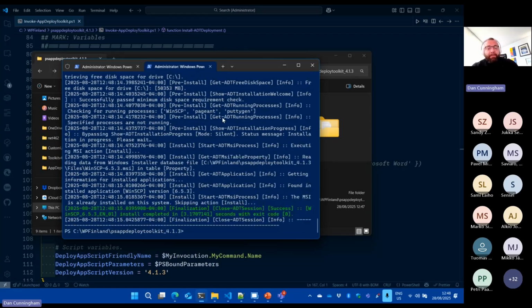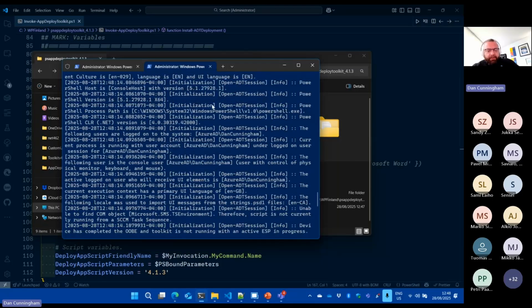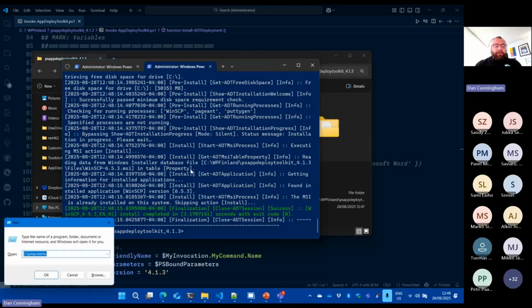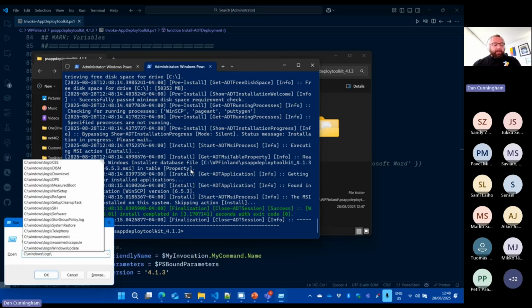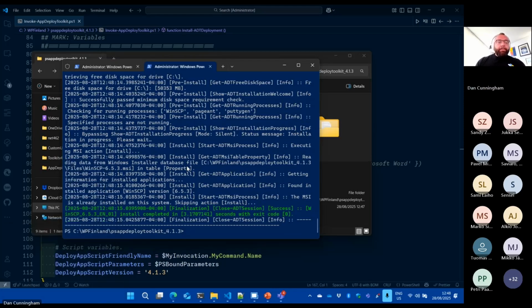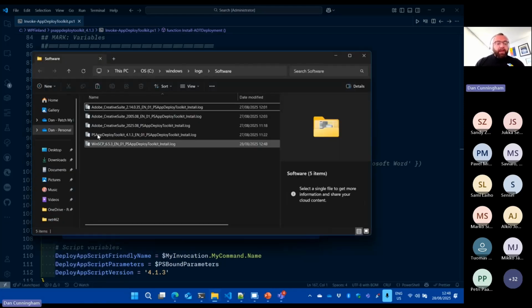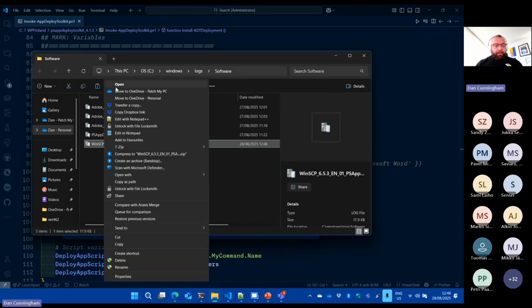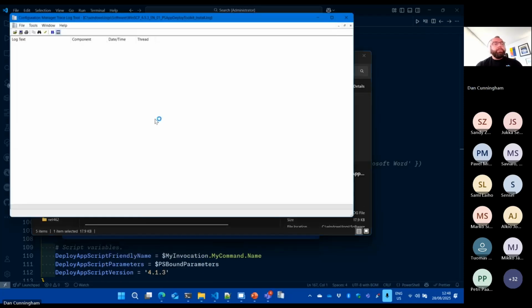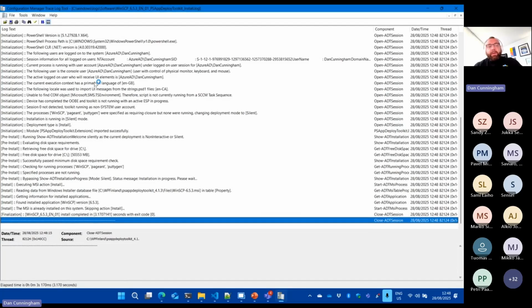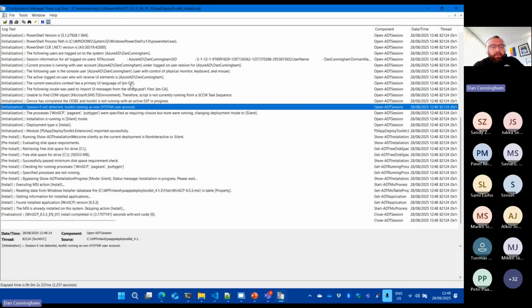And what it's actually done is, if you jump back to the logs here, in fact, let's not do it here. Let's go into C Windows, logs, software. And you'll see we have a WinSCP log here. I'm going to open this up. And this is CMTrace, so it's in the CMTrace format. And you can see here, it does some initial logging. It figured out that